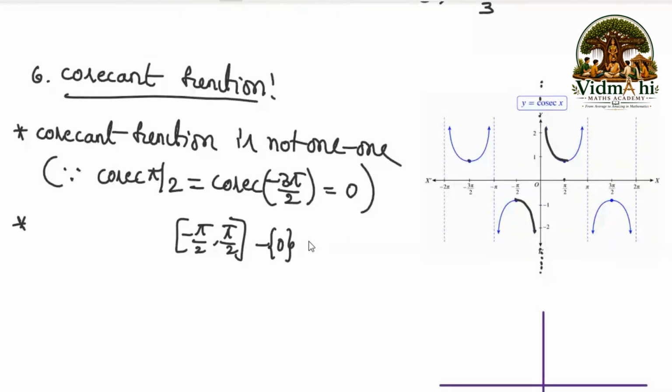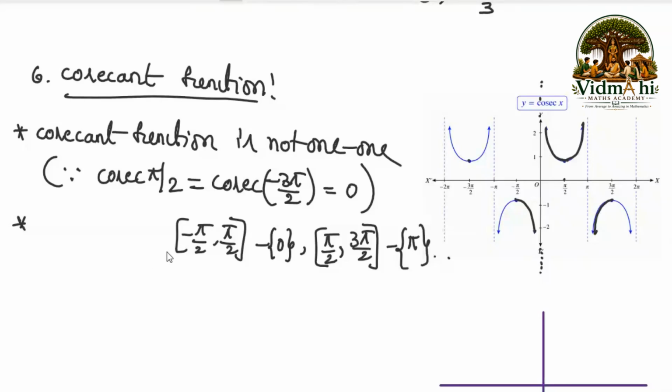And observe 90 to 270, pi by 2 to 3 pi by 2 except this pi. So here the function is like this, from here to here and here to here. So function is one-one. Pi by 2 comma 3 pi by 2 except pi,